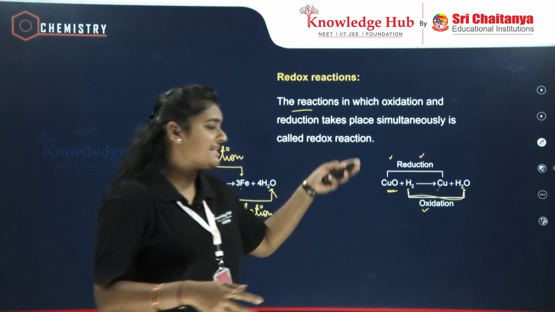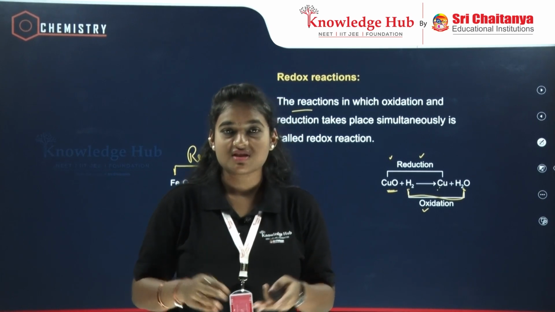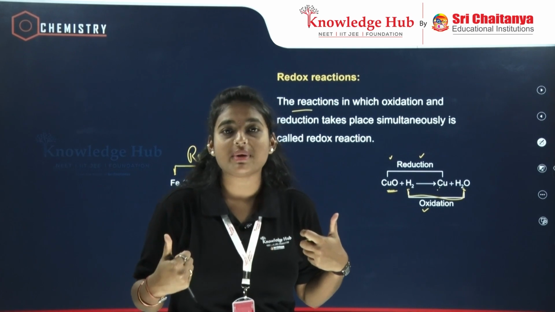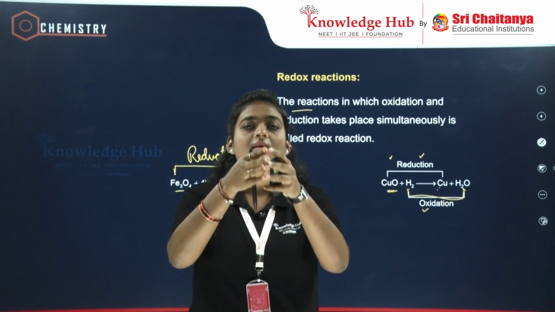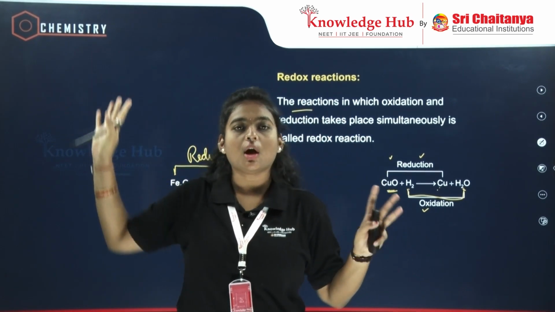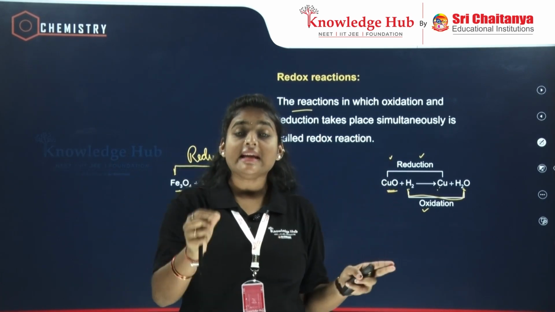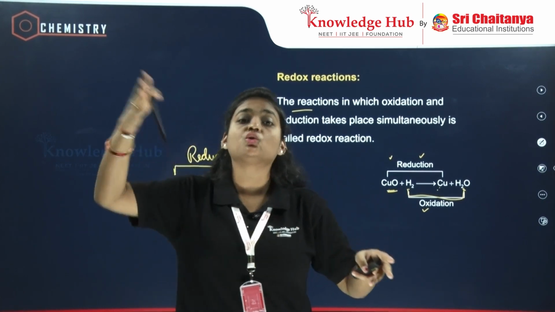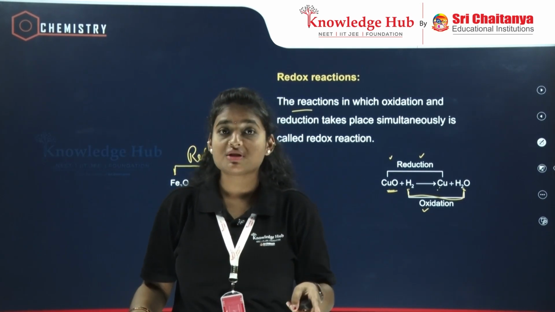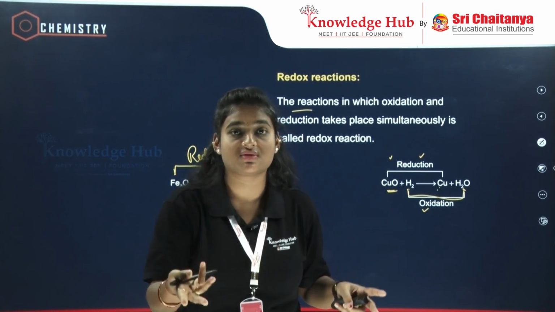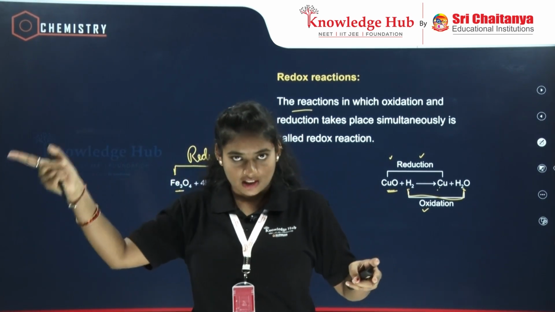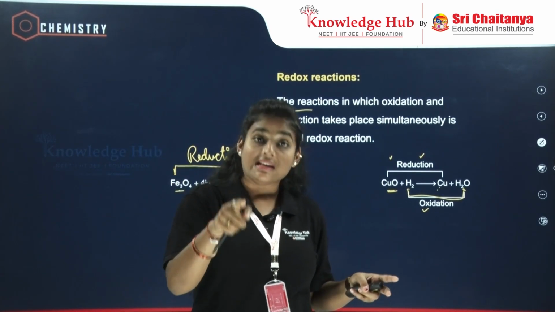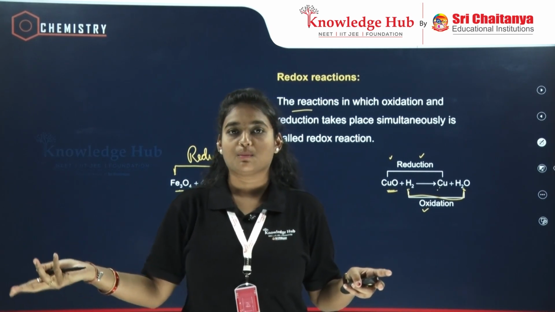Clear? So, these are the different types of reactions which we have studied until now. Let me just brush up all those. So, what was the first reaction? Combination. Two or more reactants combining into one single product, combination. Next, decomposition reaction. One reactant breaking down into two or more products is a decomposition reaction. But for breaking down, you need to give something. What are you giving? Heat, thermal decomposition; electricity, electrolytic decomposition; light, then it is photolytic decomposition.